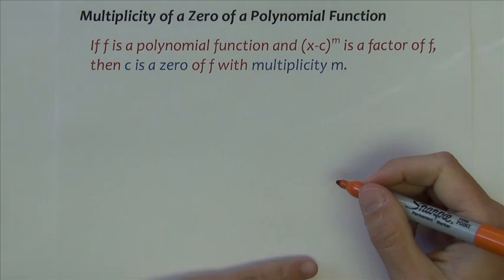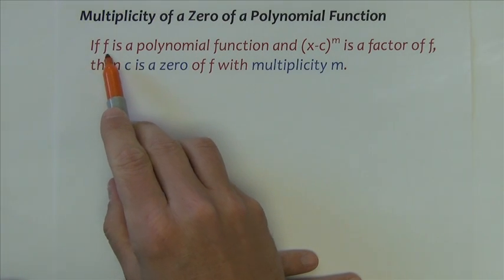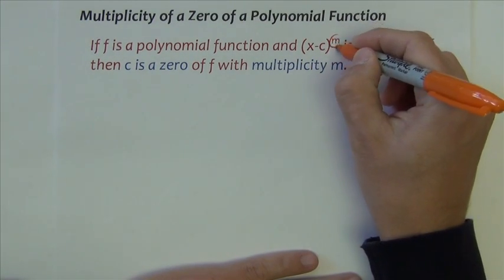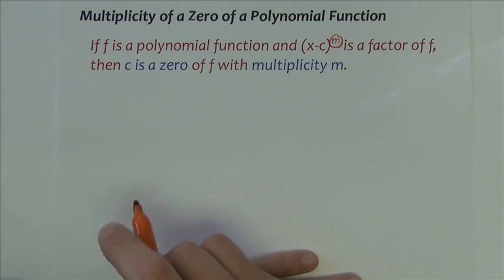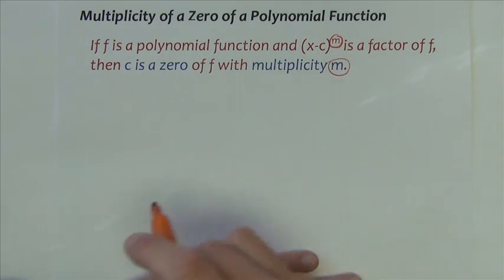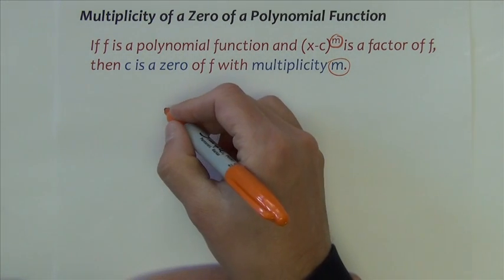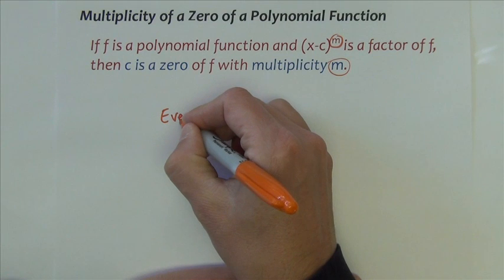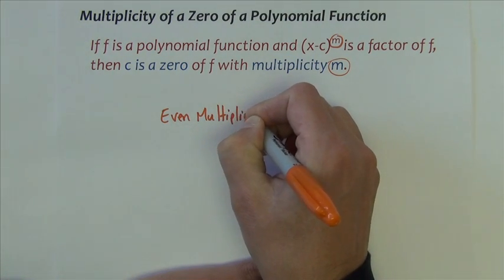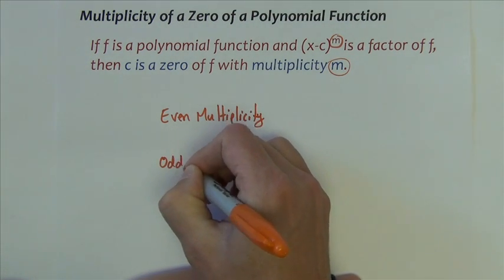Next, we're going to look at what we call the multiplicity of a zero. This says that if f is a polynomial function and x minus c raised to the m power is a factor of f, then c is the zero with multiplicity of m. Okay, now what are the implications there? If we have even multiplicity versus odd multiplicity,